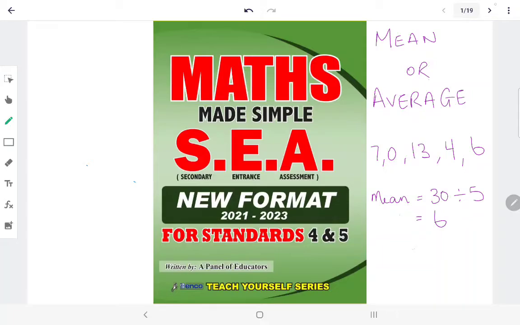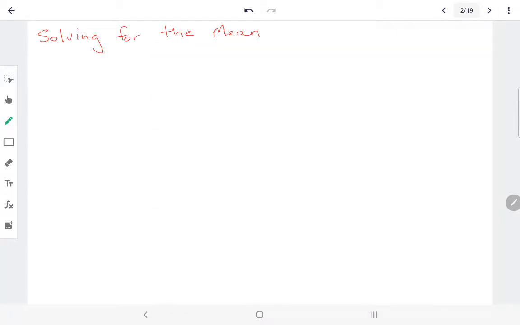Today we'll be looking at mean or average. So mean is basically the typical value in a set of data. Alright, so to solve for the mean,